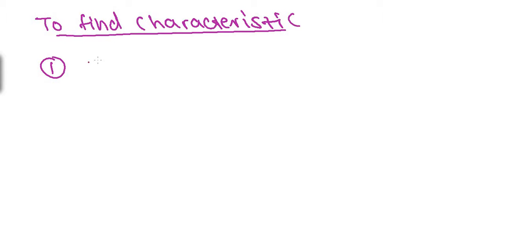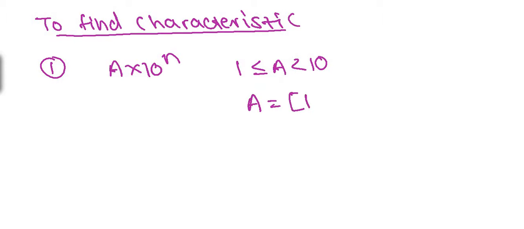Number 1, express the given number in scientific notation, that is in terms of a number a multiplied by the power of 10, where the number a is between 1 to 10. Now remember, a should be 1 less than or equal to a less than 10. That is, a starts from 1, goes up to 10, but not includes 10. So the bracket should be like this. It does not include 10. It will go up to 9.9999 allowed, but 10 is not allowed for a. So a goes from 1 to a number very close to 10.